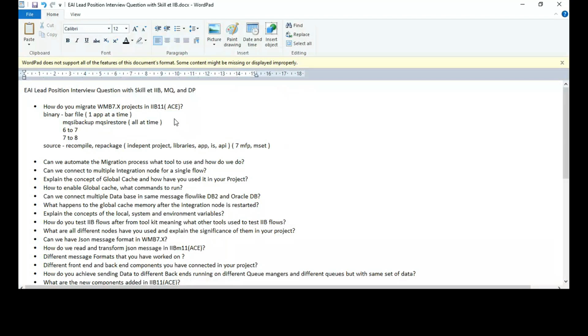What I would suggest is, if your project migration has time, if you do not want to migrate everything within the first month or the first 3 months of you starting the project, in that case, I would suggest that you change your message flow projects and your message set projects and start using the features that you get in 11. So what are the features?